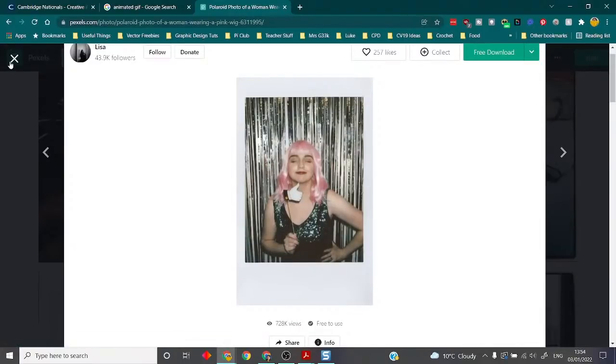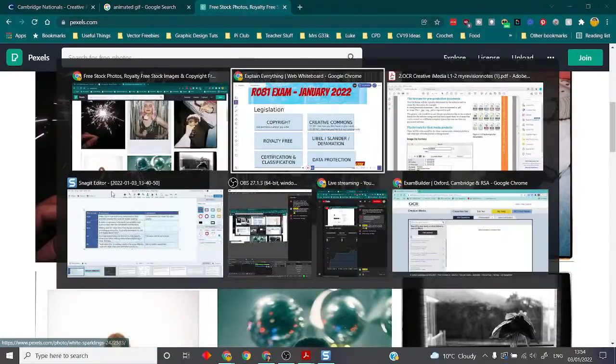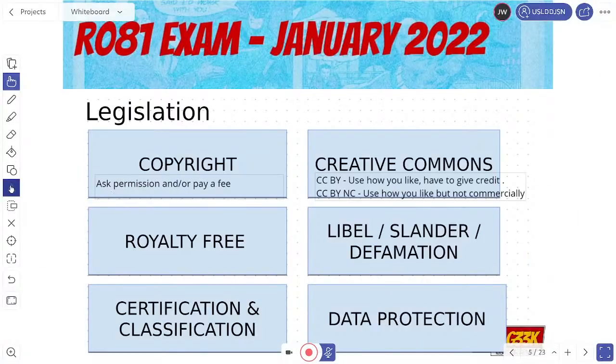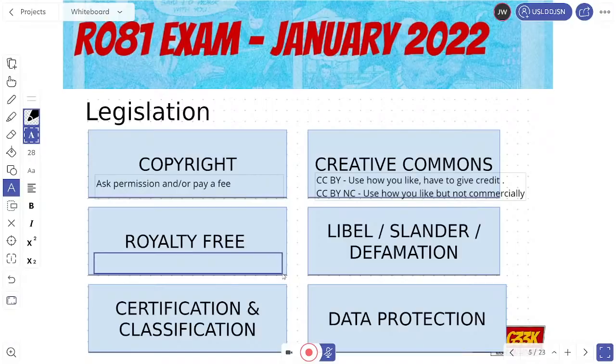And that's really useful, which is why we use it quite a lot in R082. So royalty free means that you can use media how you like, but don't have to pay a fee.